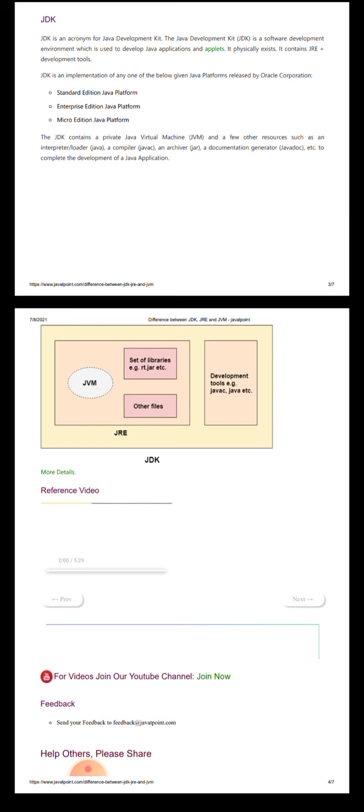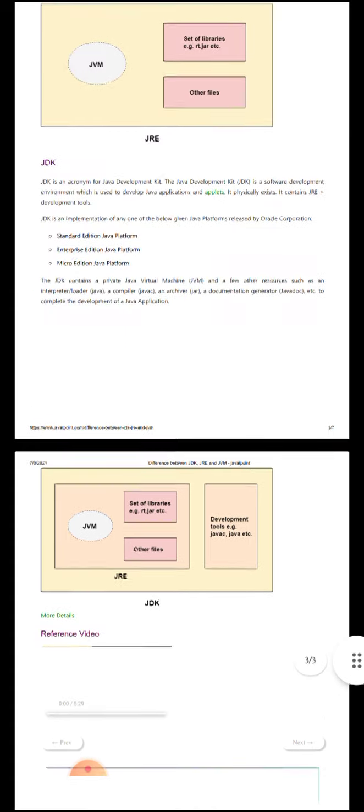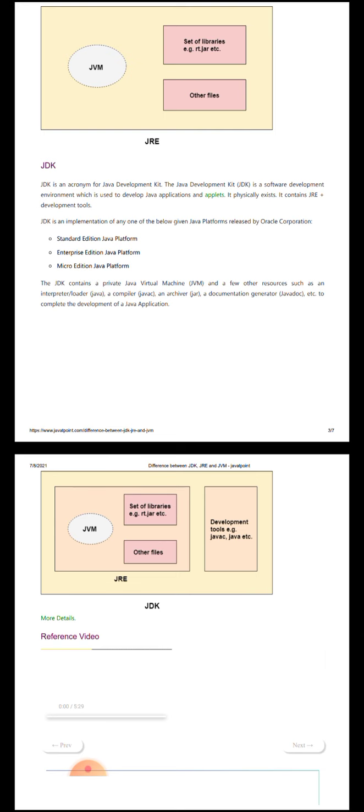What are the tasks of JVM? It loads code, verifies code, executes code, and provides the runtime environment for code execution. So without JVM you cannot run any code.